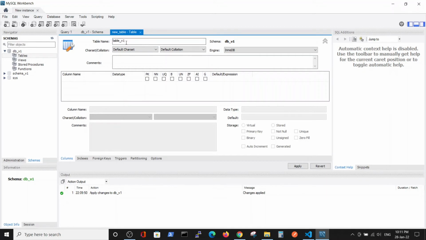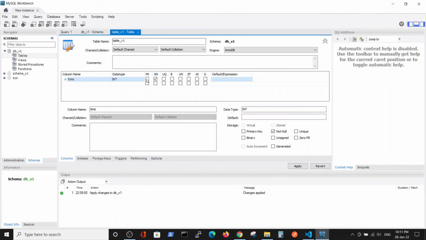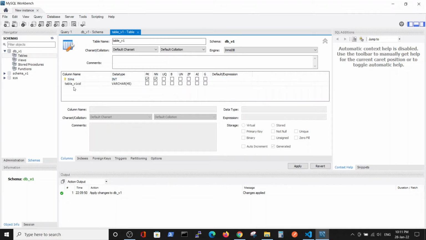This is the name of the table inside the dbv1 schema, and we want to define two columns. The first one is time, which will be the primary key, and the other will be data,